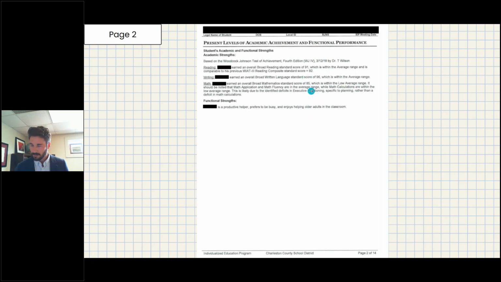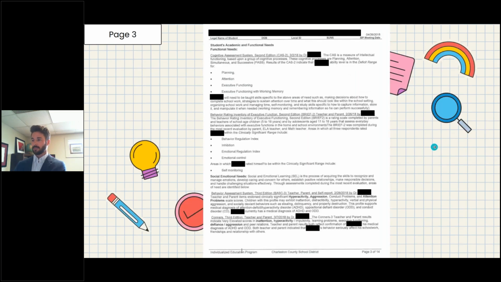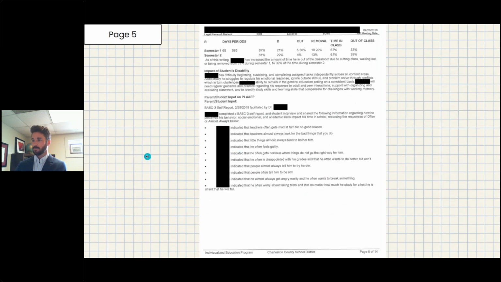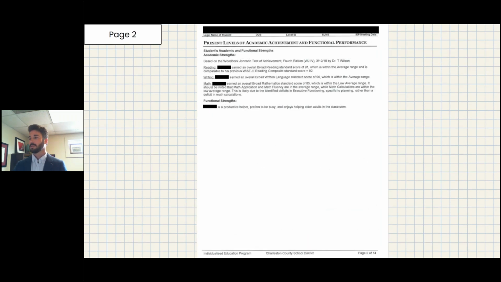All right, so how do we get this information? The 6 pages of present levels of academic achievement and functional performance. Let me scroll through here. This is a lot of stuff. Where does all this come from? Well, prior to the meeting, which we are hypothetically in as we go through these sections,